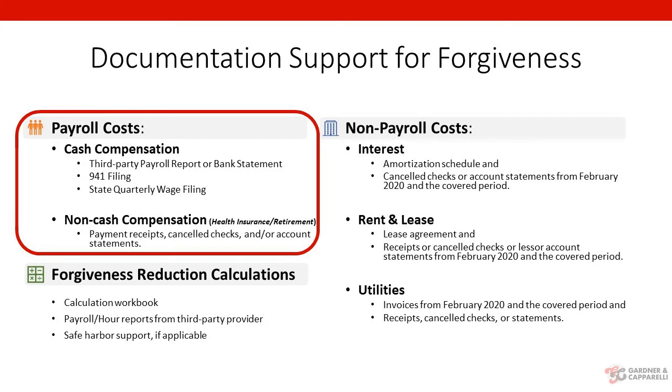The third and last thing you're going to need is the state quarterly filings. For example, in New York, it's the NY 45s. Okay, so if you're also claiming any non-cash compensation like health insurance or retirement match, you will need the following